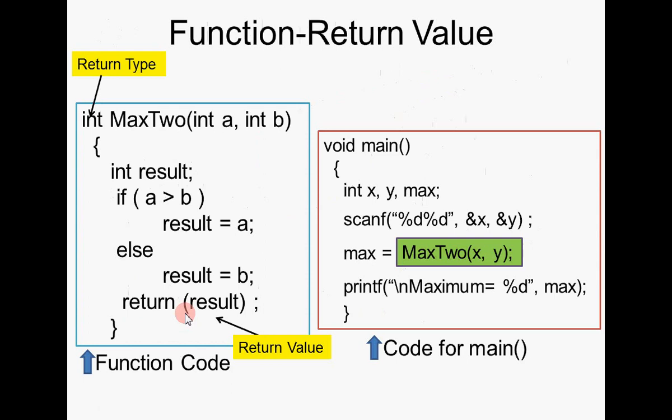Now the return type, as we have described, and the return value of the function should be of the same type. Here the result is an integer and my return type is also an integer, and I am returning the return value here. The value returned here by using the return statement is returned in the name of the function and will be used in the calling function here in case the